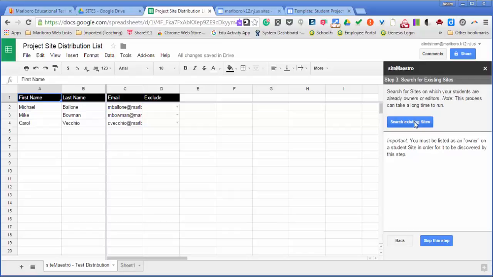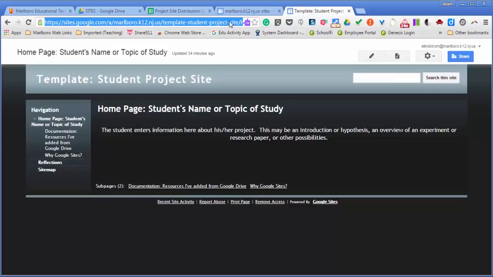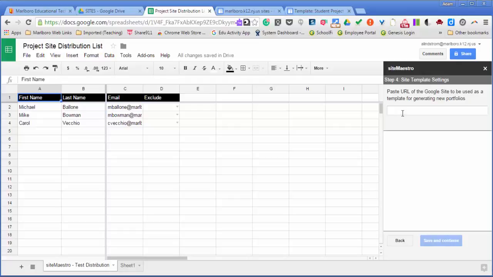So I want to search for a site, or I can cut and paste a link in here by skipping this step. I found that to be a pretty easy solution. So I'll say skip the step, and I'll come back to my template, Control C to copy that, quick Control V to paste it,